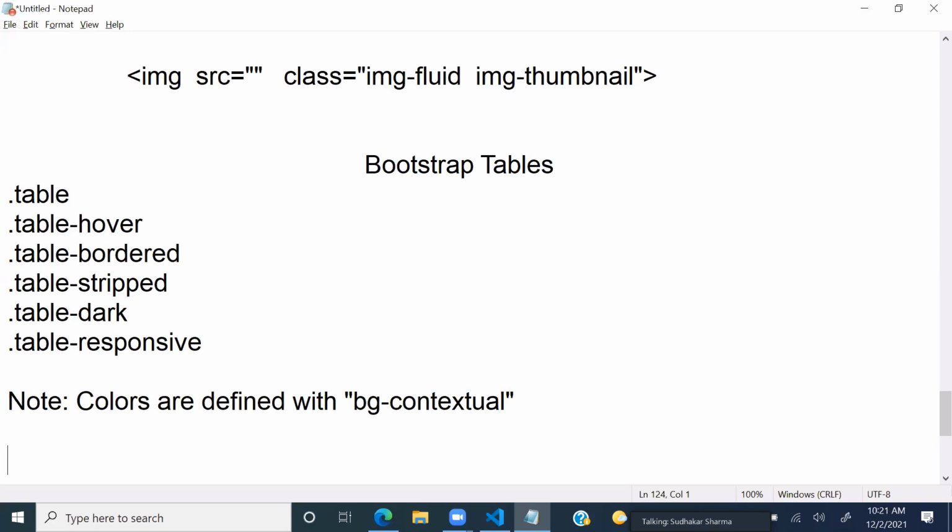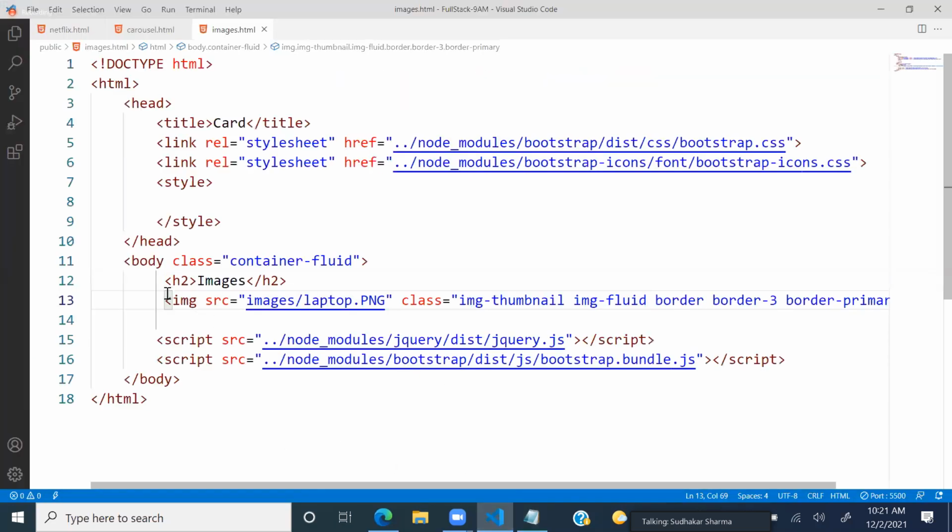And a little bit of change happened in the responsive also. Table responsive is designed in a different way. In old versions, we had to use this responsive in a different way. Now in the new version, it is different. I will show you the differences. Actually, when you are dealing with tables,